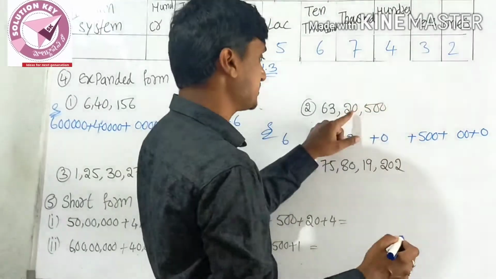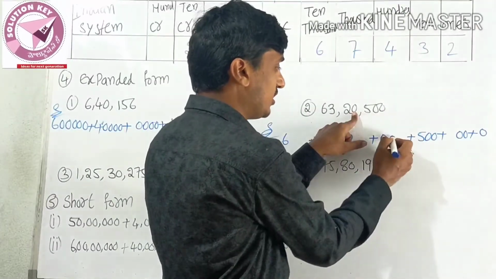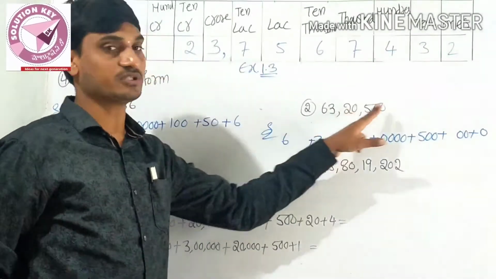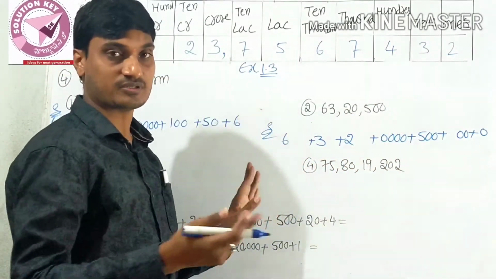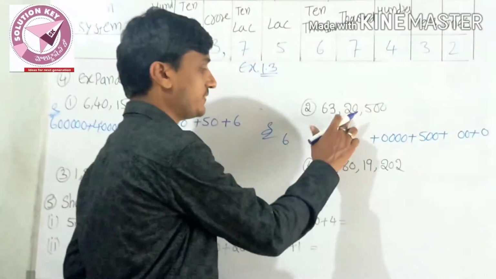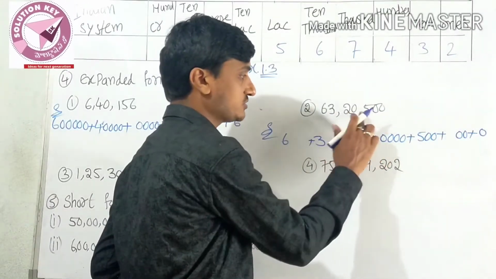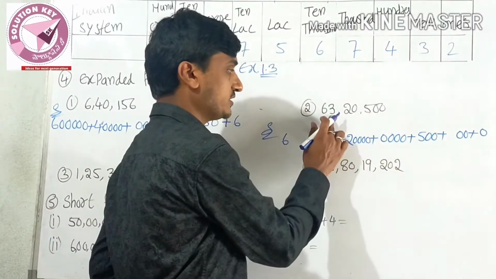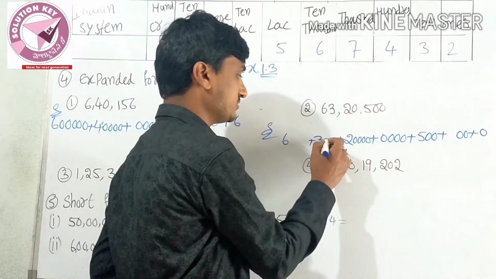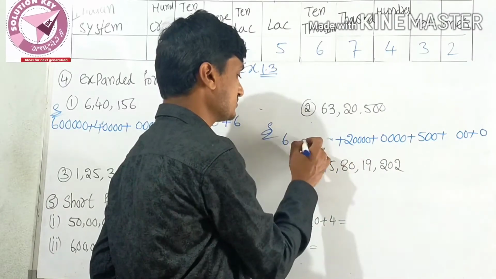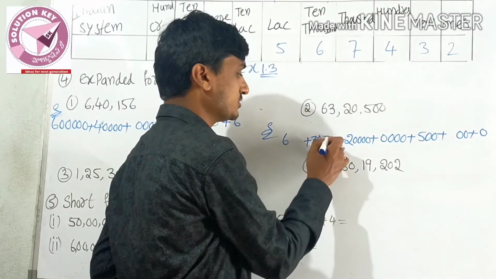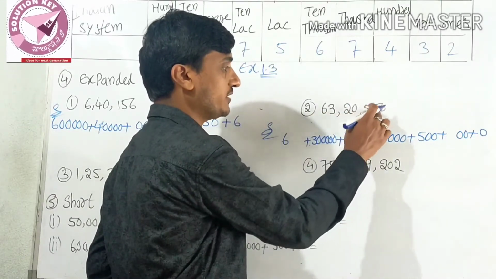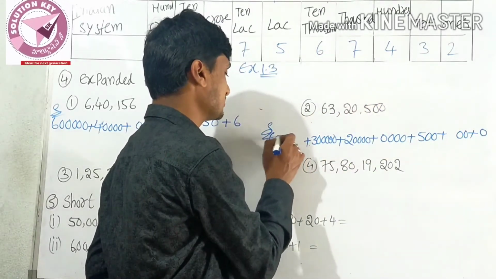Just leave these 3 digits. For 0, after how many digits? All are zeros. Whatever digit you are taking, after that all the numbers on the right side are zeros. Just I am taking 2, and these all are zeros: 1, 2, 3, 4 zeros. Here 3, then 1, 2, 3, 4, 5 zeros. Here 6, then 1, 2, 3, 4, 5, 6, so 6 zeros.